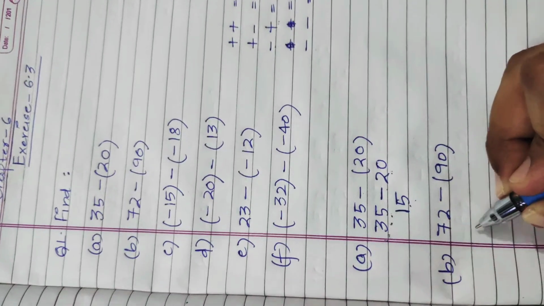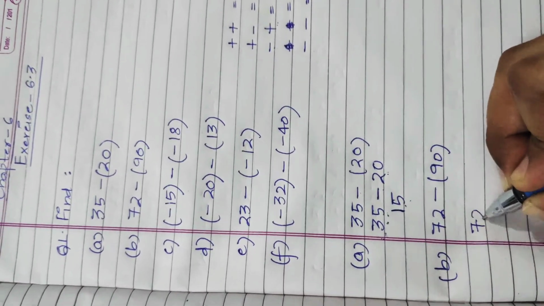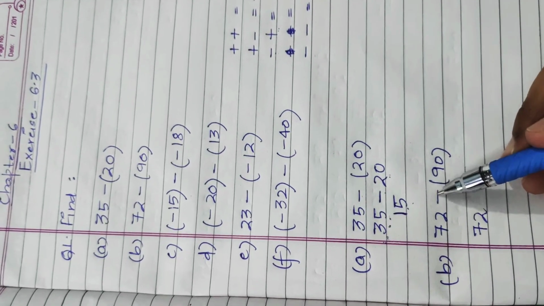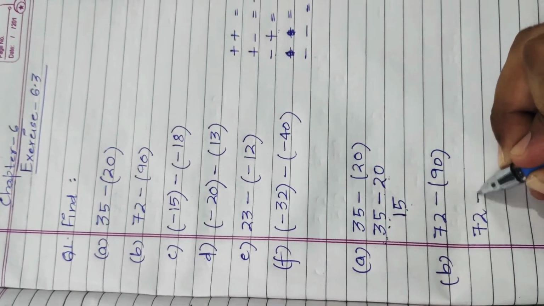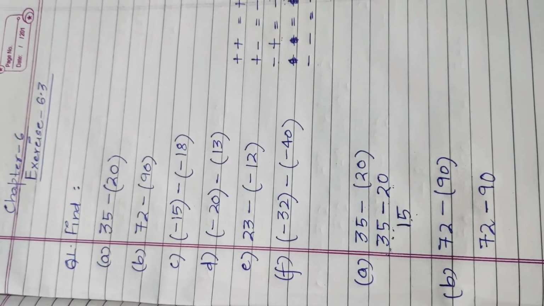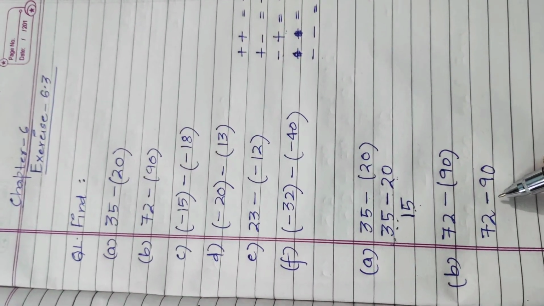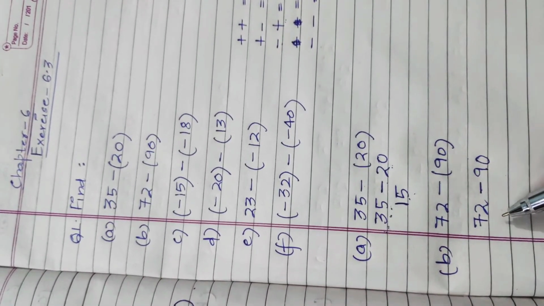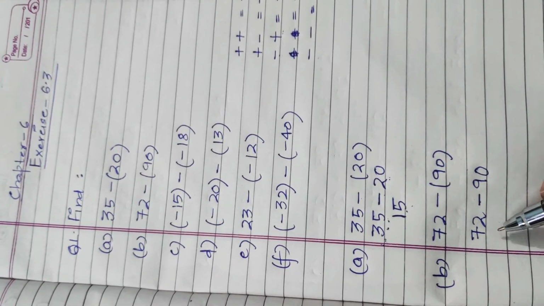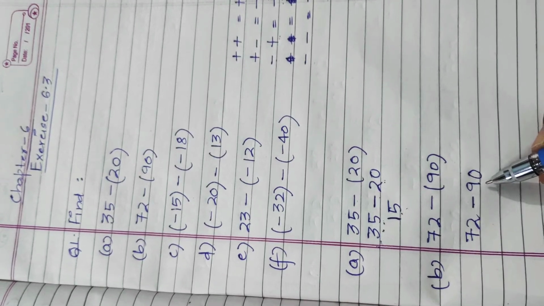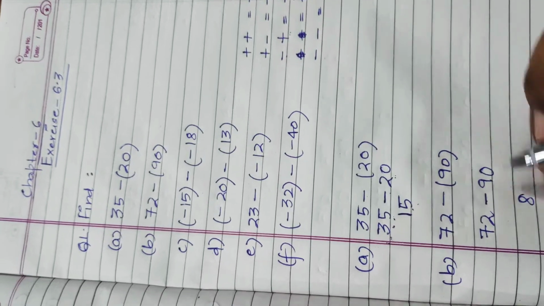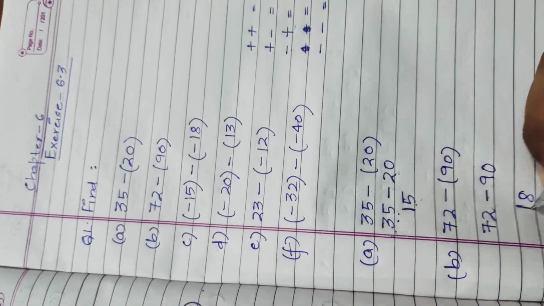Again we are going to open the bracket. We will copy our 72. We do not have any sign with 90. It means there is a plus sign. Minus plus is minus. The minus sign will come over here and we will copy the integer 90. Next, for solving them, again we are going to use our rule, plus minus is minus. It means we are going to subtract these two integers. You know that 90 is greater and 72 is smaller. It means 72 will be subtracted from 90. This will become 10. 10 minus 2 will be 8. This will become 8, 18.